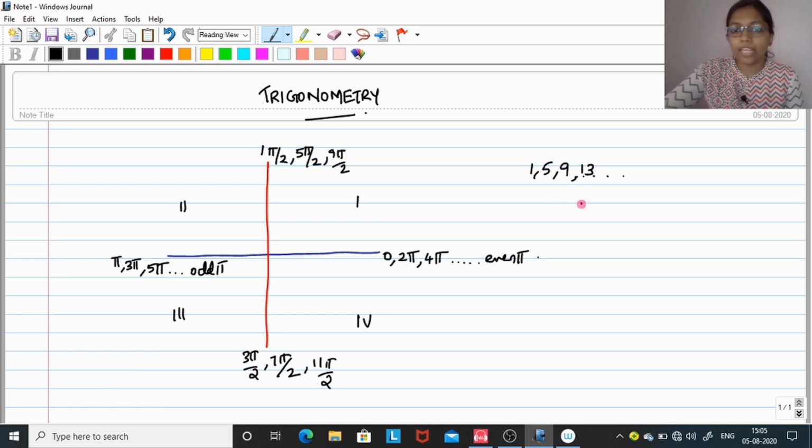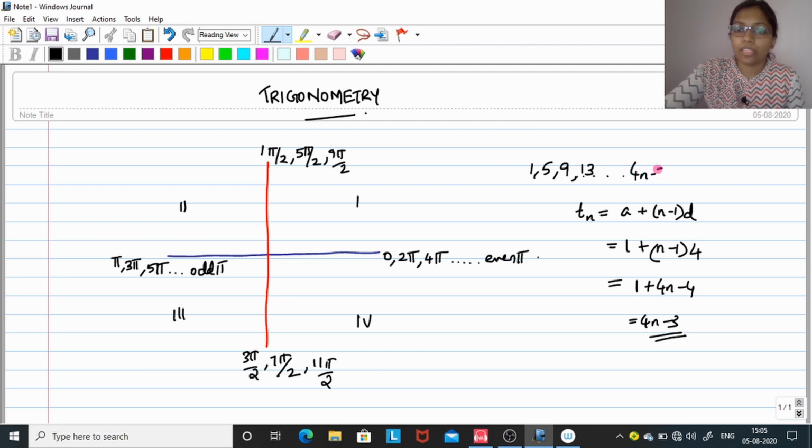So this is an AP, and we need the nth term of the AP to generalize the series. That is the aim for us. So the nth term is a plus n minus 1 into d. That is 1 plus n minus 1 into d, where d is 4. Isn't it? Common difference is 4. Now n is the position. So this is 1 plus 4n minus 4, which is 4n minus 3. So this is your nth term, 4n minus 3. Writing over here, I can write it as 4n minus 3 into pi by 2. And similarly for the lower series, you can see 3, 7 and 11. So 3 plus, I will write the series here.